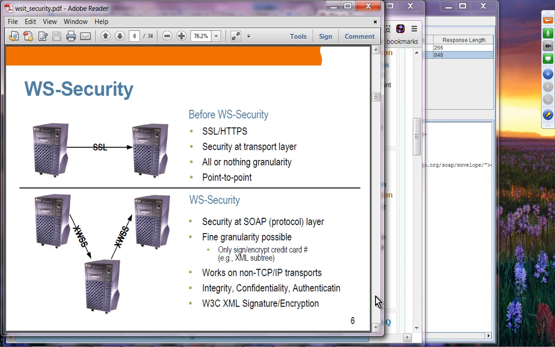Before WS-Security, the only security you could use with your web service was SSL, basically HTTPS. You can think of this as security at the transport layer, so it is all or nothing granularity. What it means is that if you want to send your message in encrypted form for privacy, regardless of the size of the data, say 1 million bytes like a purchase order, you don't want to encrypt every single byte of that document, because not every piece of information